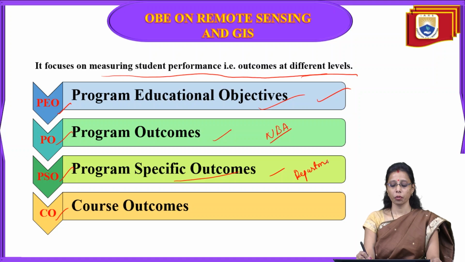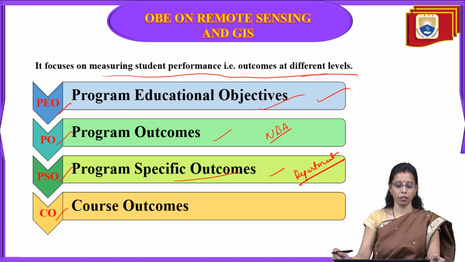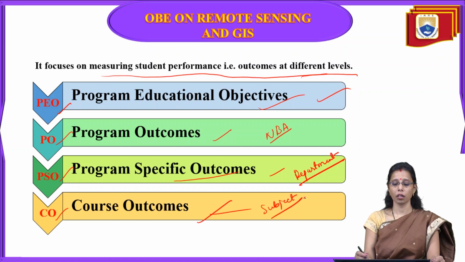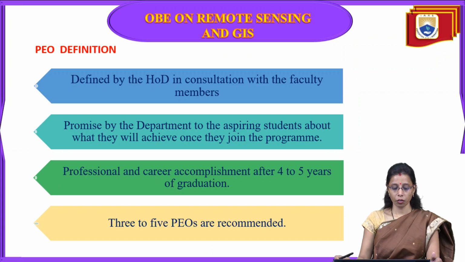Okay, so it is about the department. In the department, how the specific outcomes are faced is displayed for every department, and how it is totally related to the department, specifically how the specific outcome should be implemented. Now, course outcome is about the subject. Whatever course we take, that course outcome should be there in the form of this course. Now PEO, what is PEO?